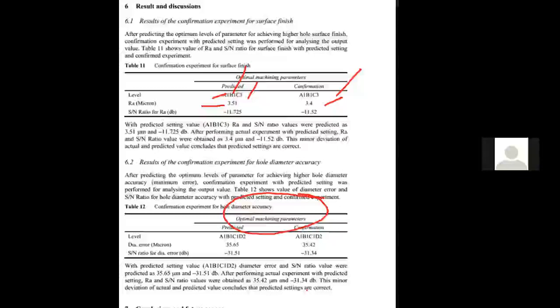If you have 4 to 5 outputs, output number 1, 2, 3, 4, you have to convert all 4 outputs into only one column. How to perform it? By giving the weightage. So the first gets 20%, the third 30%, like this. There are different methods, but mostly all methods are based on weightage. So give the weightage, have only one column, and that column will be the output response, then perform the analysis and you will come to the result. Ahead of this will be Taguchi plus something, Taguchi plus XYZ, for multiple responses.